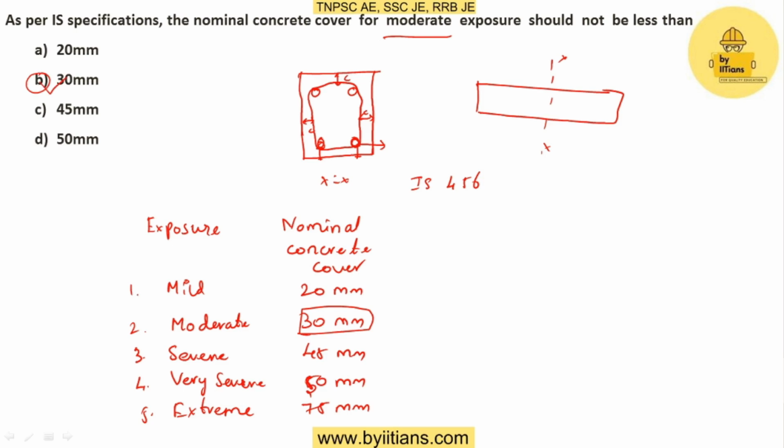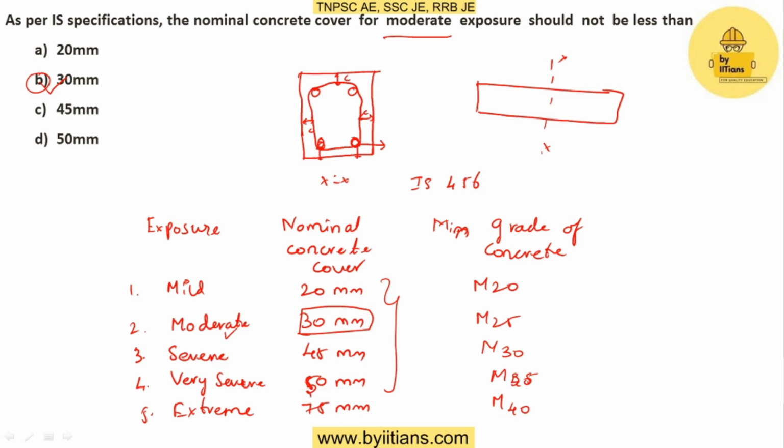In case they are asking what will be the minimum grade of concrete provided for moderate exposure, for that also IS is giving some provision, depending on the exposure condition, minimum grade of concrete. For mild you will be having M20 grade of concrete, minimum M20 grade for mild condition. Moderate M25, for severe M30, for very severe M35, and for extreme you have to give at least M40. So this is how they will ask questions. You should be in a position to remember all these values, depending on the